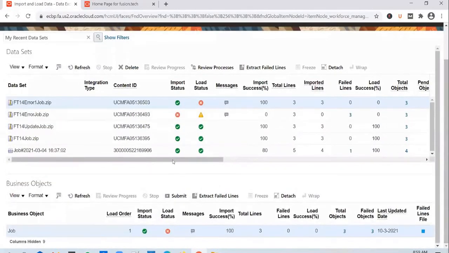But I don't think it's a feasible option. The moment the number of records that need to be corrected increases, this option will no longer be feasible. Rather, what you do, you extract the failed lines, you correct the data in the failed lines file, and you reload it after that. Okay.